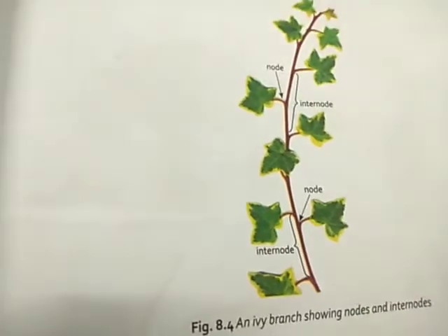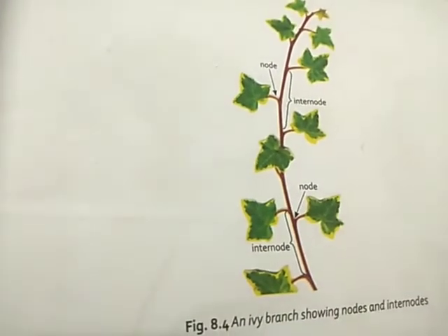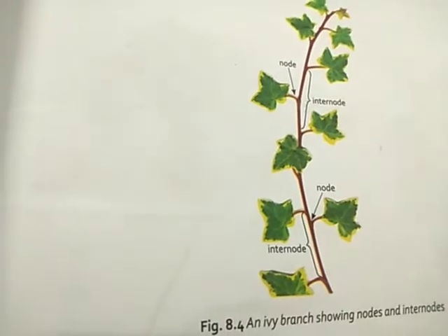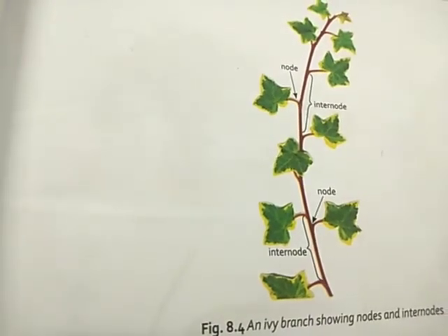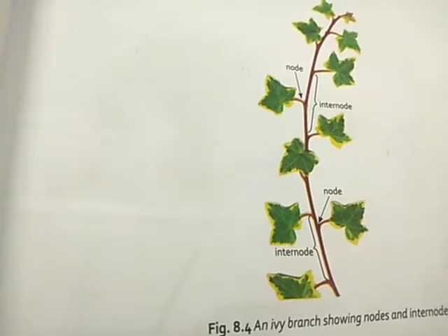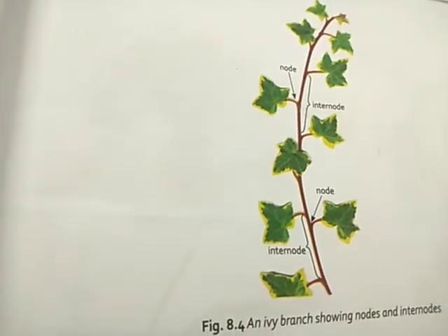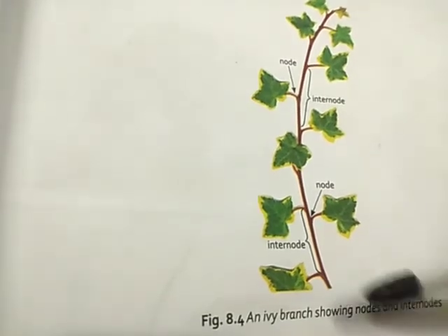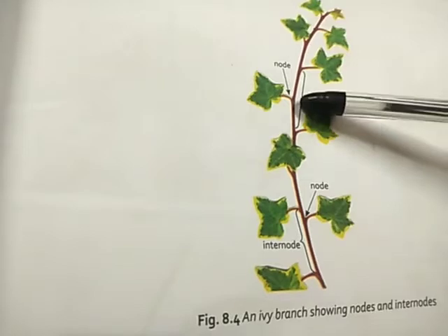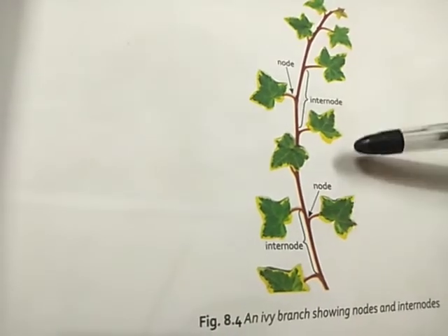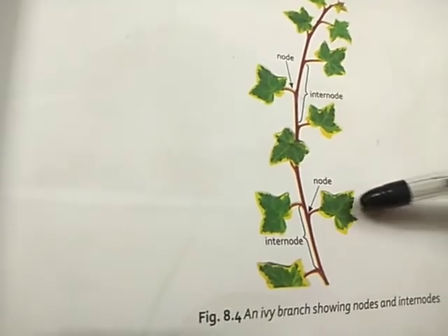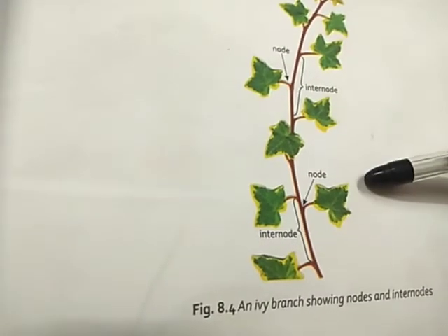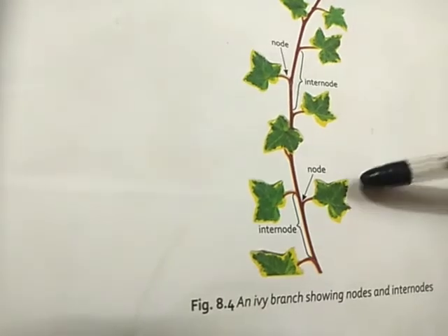Okay, what is the work of the stem? Work is nothing but the functions of the stem. The first one is that it gives support. The stem gives support to the whole plant and also bears leaves, flowers and fruits. Yes or no? Because of this part of the stem, the leaves are attached and flowers and fruits will be there. So it gives support to the whole plant body. That is the first function of the stem.